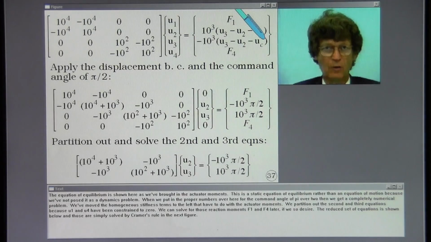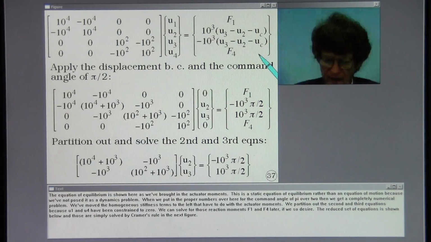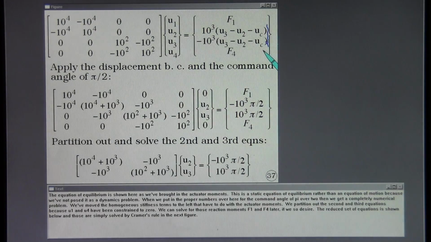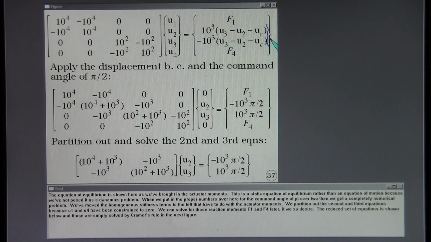The equation of equilibrium is shown here as we've brought in the actuator moments. This is a static equation of equilibrium rather than an equation of motion because we've not posed it as a dynamics problem. When we put in the proper numbers for the command angle of pi over 2, then we get